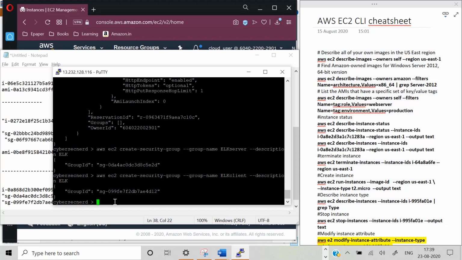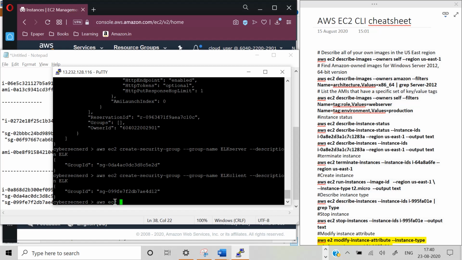But let's look at how we can create rules which will allow inbound connections for all the instances associated with this security group. So let's get started with that.